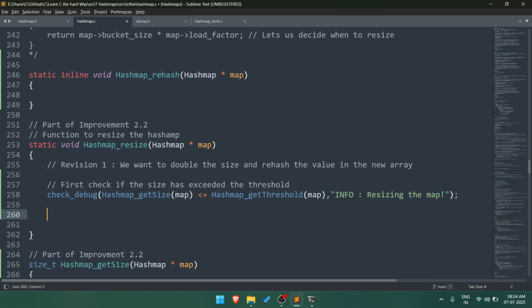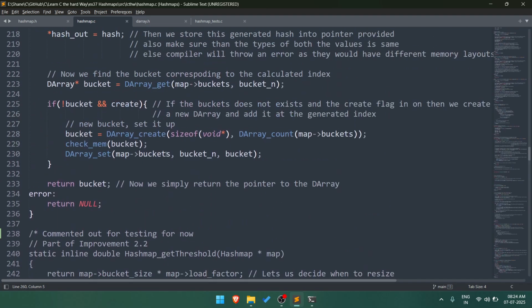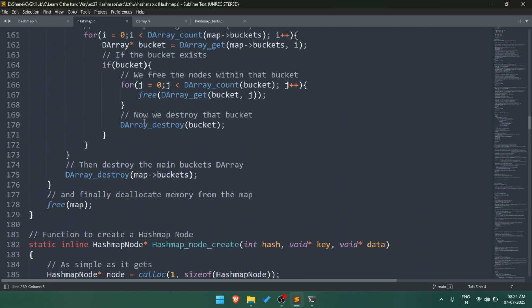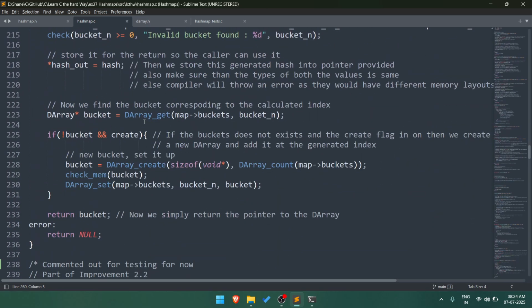So can I start resizing? So I would have to add... so I would have to add